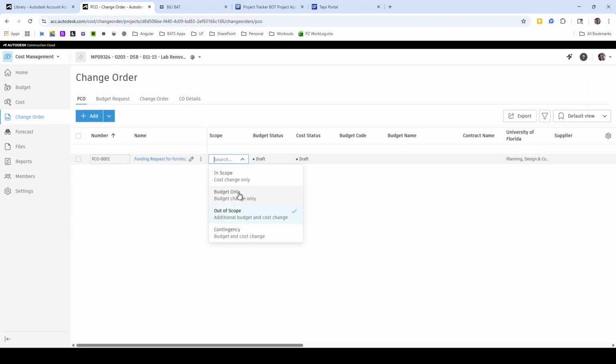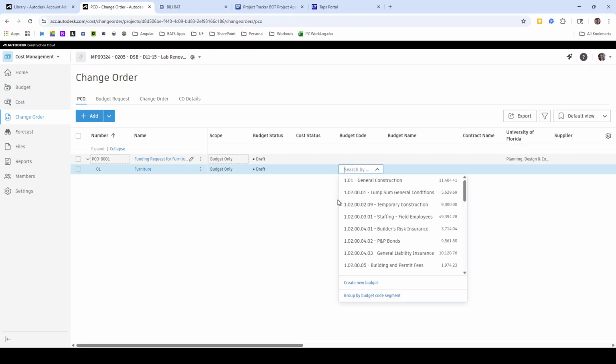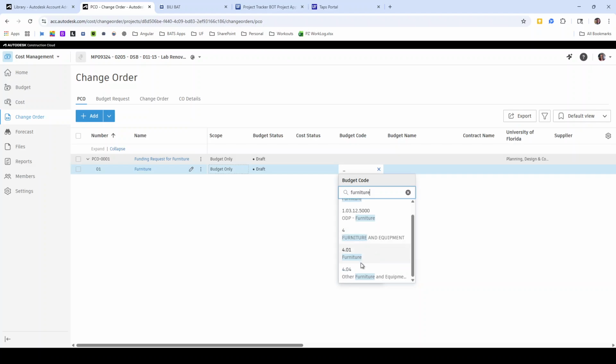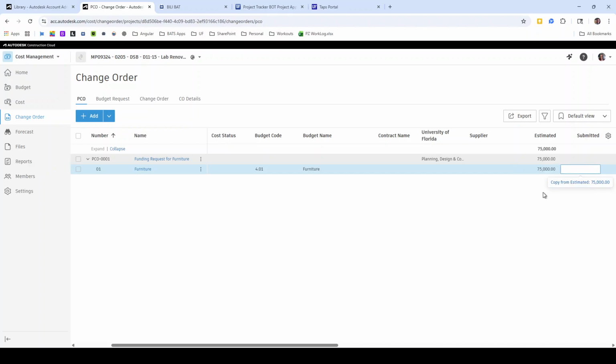This is a budget change only. We are just increasing our budget. We're not changing any contracts or anything else. And then we want to add details. So my furniture, I want to put into my furniture category, and I have not created that. So I need to create a furniture budget category. And in that budget category, I don't have a contract yet, but I do know that I want that $75,000 to go into